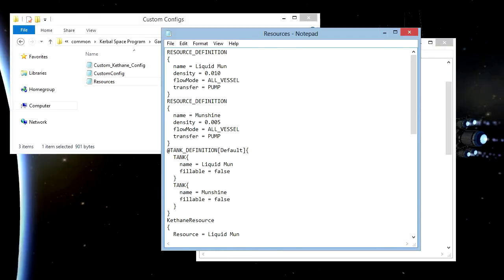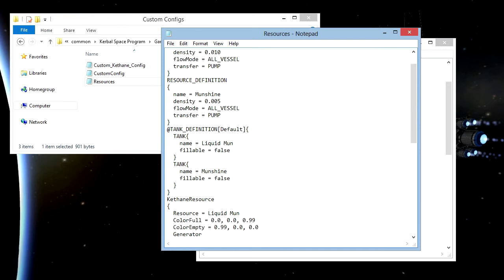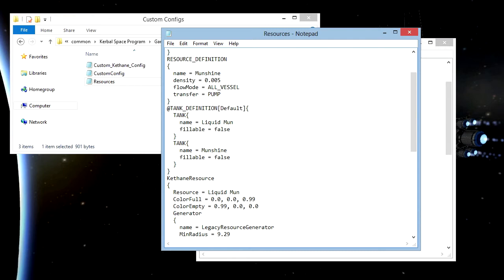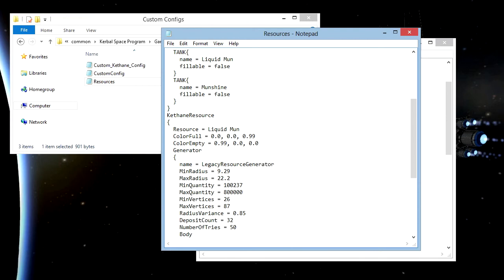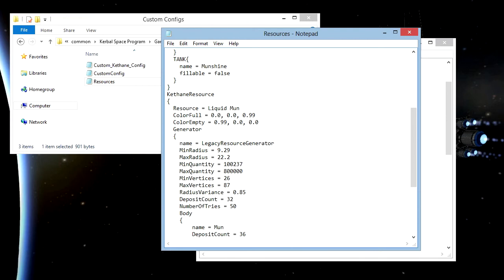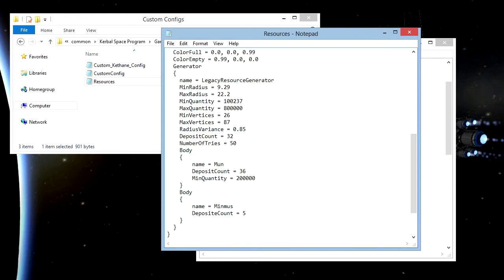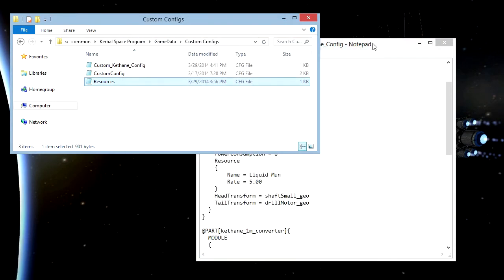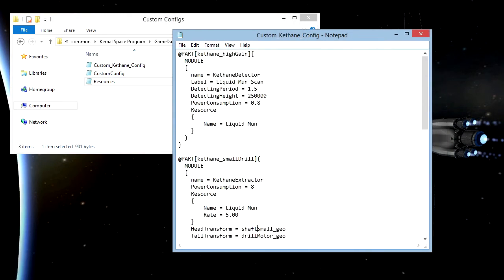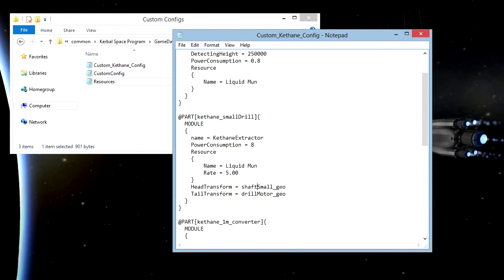For a quick recap on what we've done, we defined two resources, one known as liquid moon and the other moonshine, said that they both cannot be filled inside of a tank, so that we could not start with them. We had to go out and mine them. We defined resource liquid moon so that it would generate on both the moon and minmus in different quantities, in different deposit amounts. We also learned how to customize the Kethane plugin to customize our Kethane detector to detect our new liquid that we search for, our small drill to mine for the new liquid,